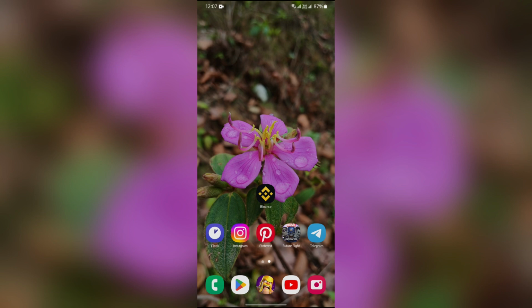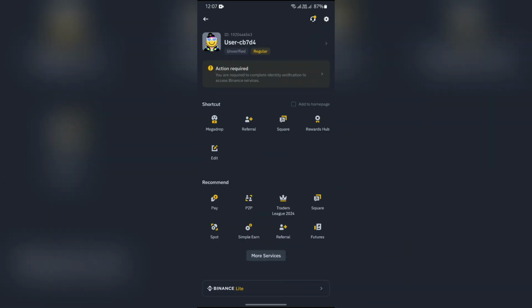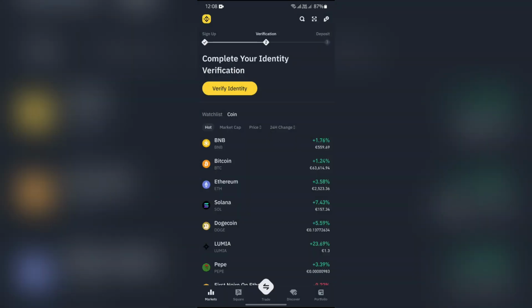Now, in order to change your Binance from Pro to Lite, you just simply have to open your Binance application at the very first. And if it is in the Pro mode, you will see something like this on the home page. Now just simply tap on this little Binance icon in the top left corner. Tap there and it will lead you to this page. Now in this section, you will get to see this option of Binance Lite at the very bottom. You just simply have to tap on that Binance Lite option and then it will show welcome to Lite and